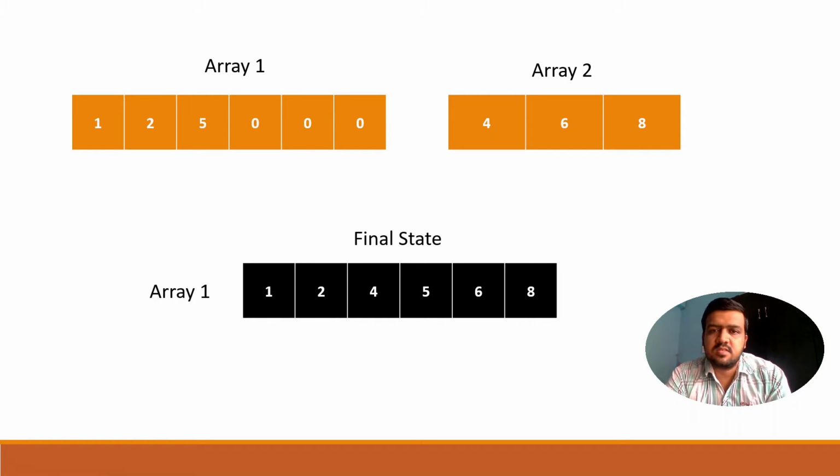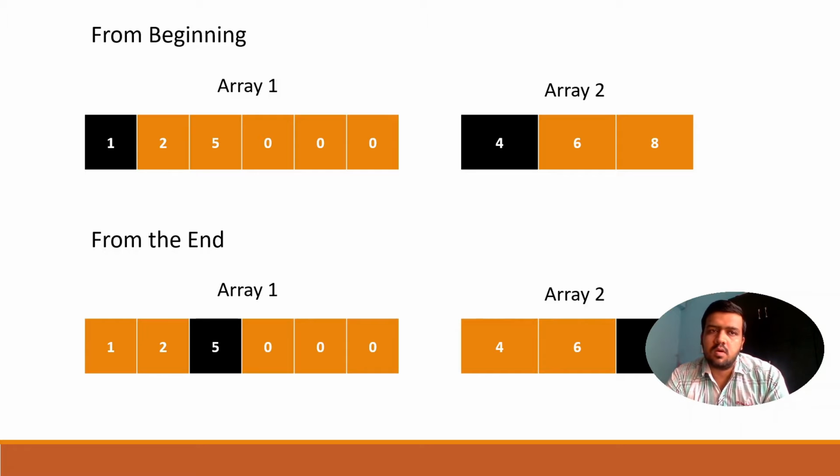This is a basic merge algorithm kind of problem, which we normally do in the merge sort algorithm. We can think of two ways to approach this problem: either we go from the beginning or we go from the end. Both the input arrays are sorted, so we can start from the beginning or at the end. We'll take one element from both arrays and compare them. The smaller element will be placed first, and the bigger element will be tested against the next element, and similarly we will perform the comparison based on that.